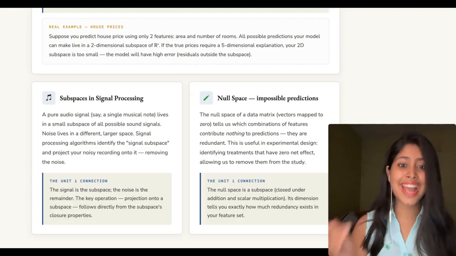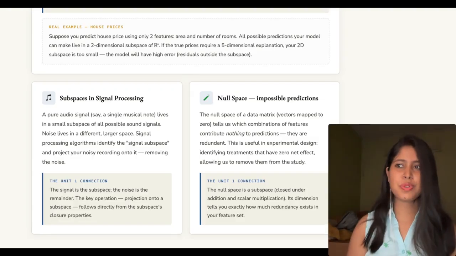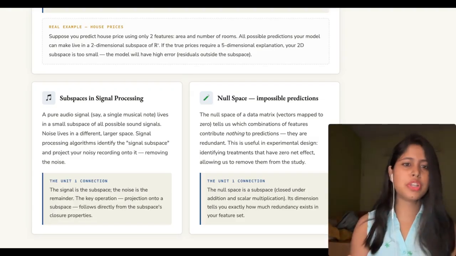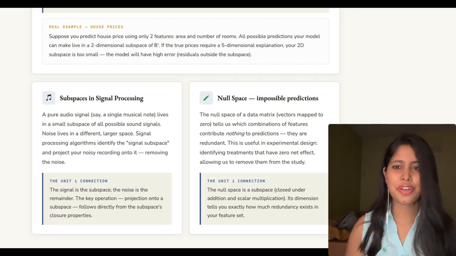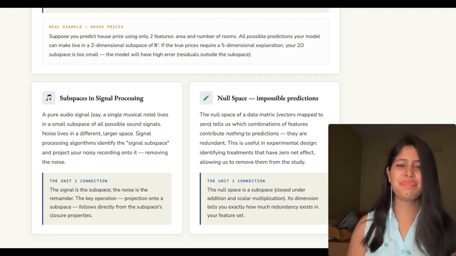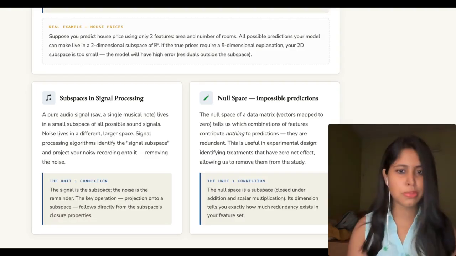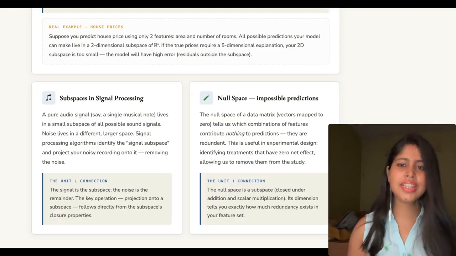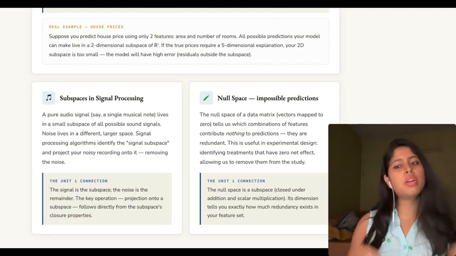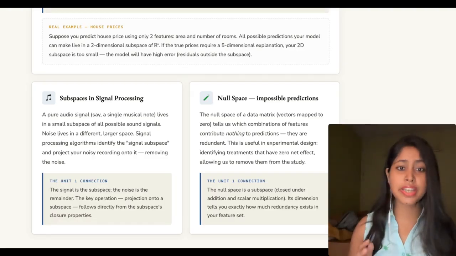To understand the actions behind it, right? So all the actions which we do on this subspace are so important to understand. Basically, a subspace in statistics and data science represents a space of possible model outputs. Understanding its structure tells you what your model can explain and where its limitations are.